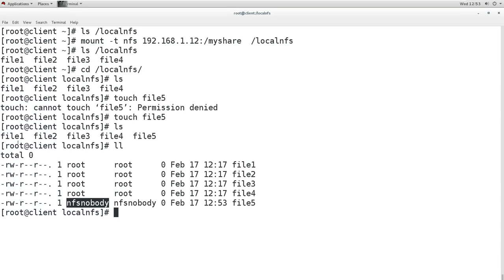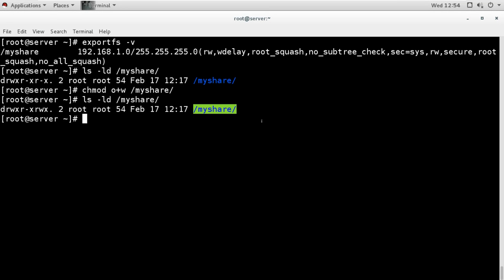It is actually created by the root user, but it shows nfsnobody, because it considers the root user of the other machine as nfsnobody, and it is doing this because of a setting which is there by default, and it is called root squash.